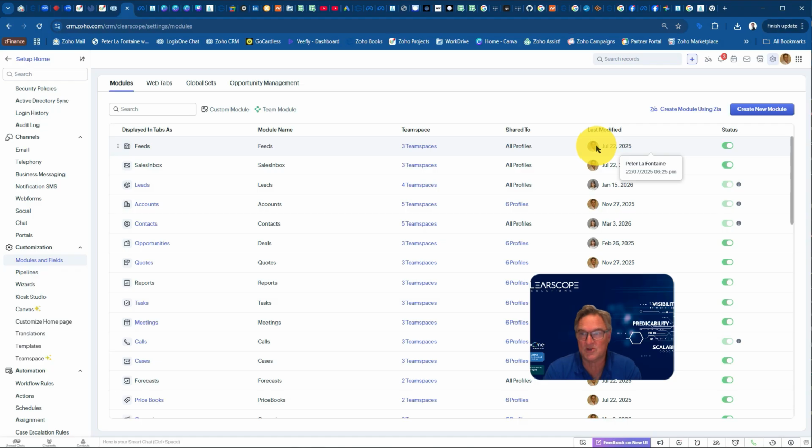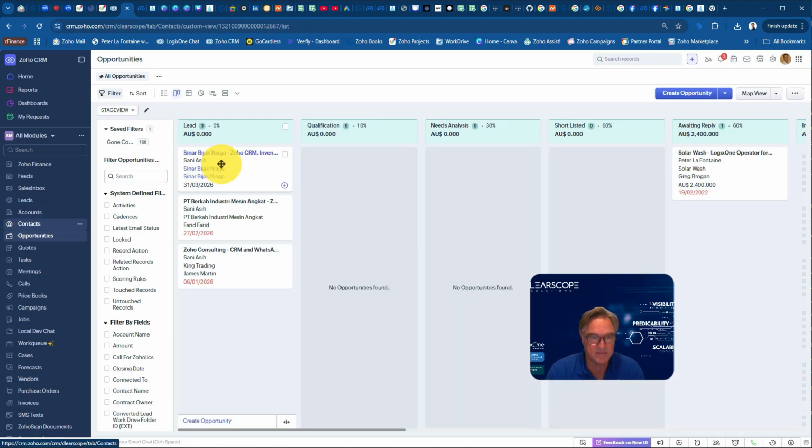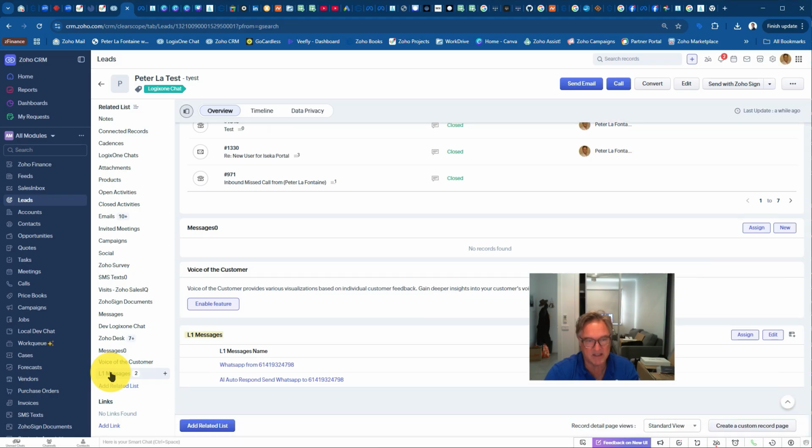inside the native module. So if I navigate, say, to a contact, I'll just bring up a contact here. Open this contact here, and underneath the related list, you can see I've got this link to the custom module L1 messages. Okay, and so if I click that, here are those messages, and if I want, I can use the same feature that exists inside the native module. I can assign